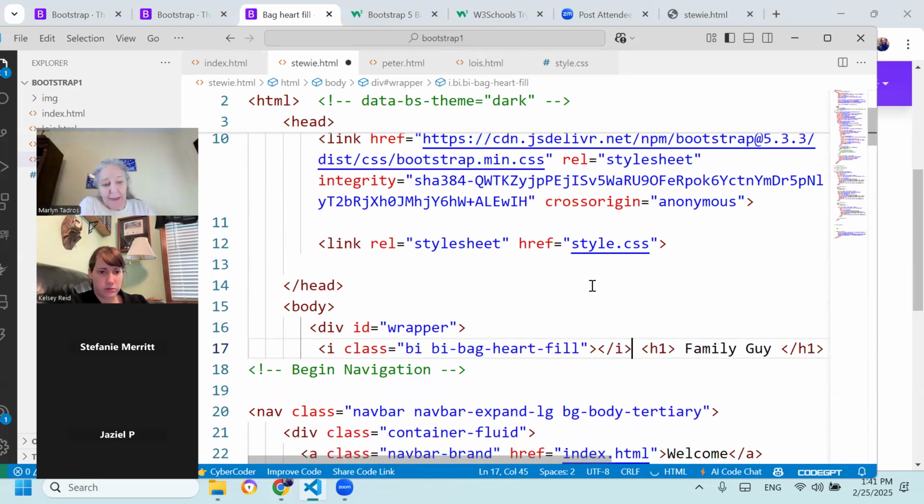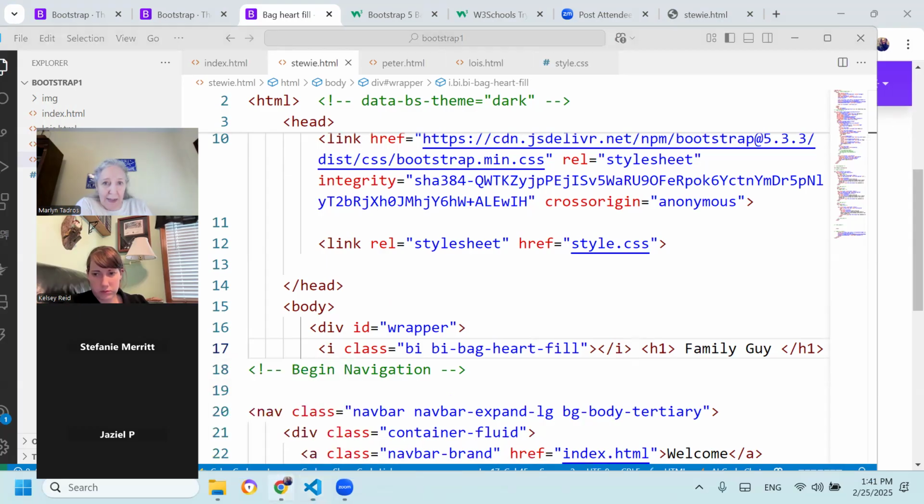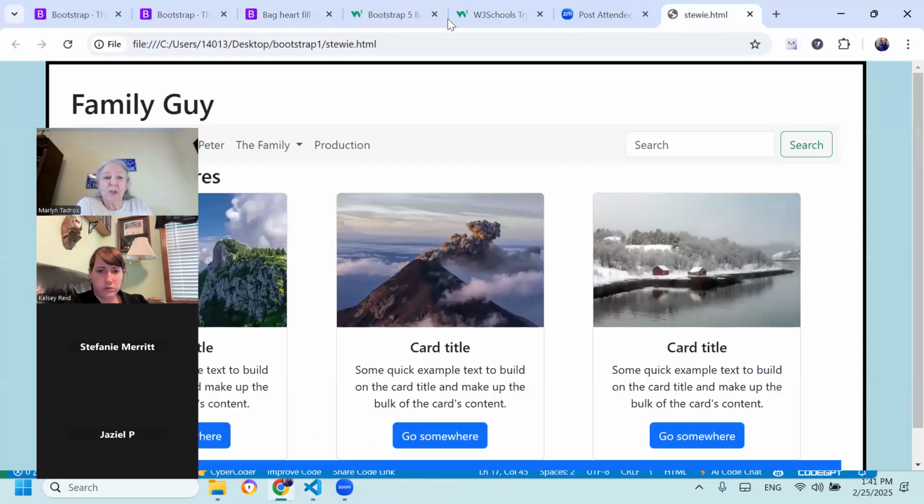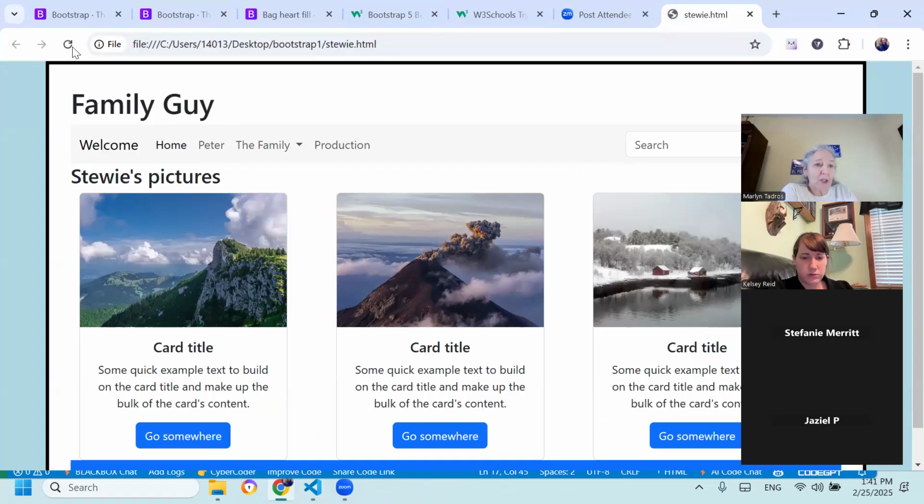I pasted it. So I copied it and pasted it. Now I'm going to go and look. This is on my Stewie page, so I save the page. And then where's my Stewie page? Here's my Stewie page. If I refresh,